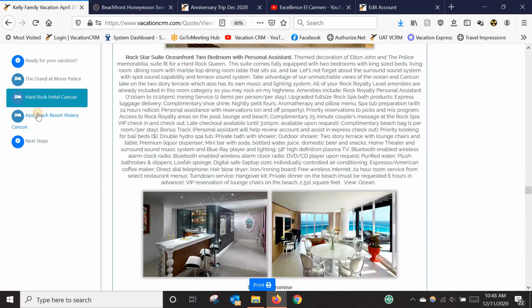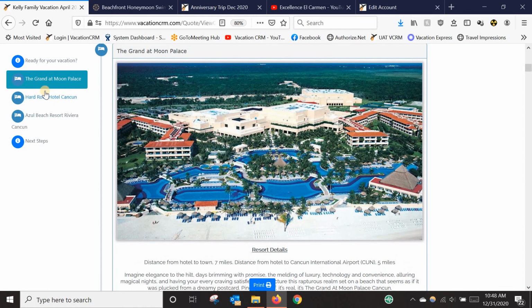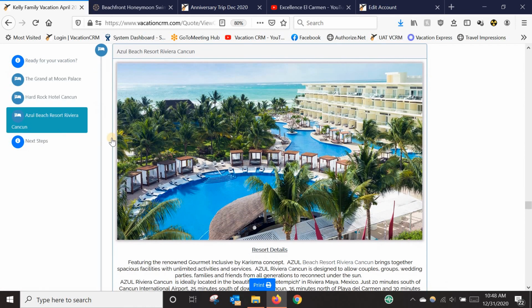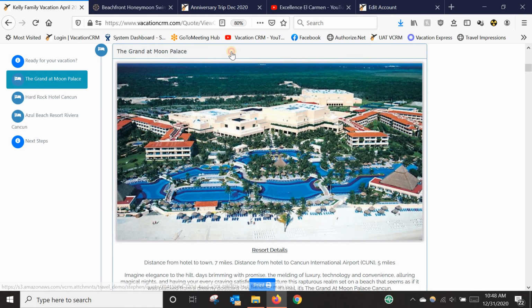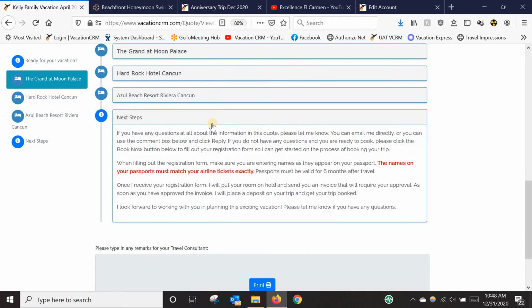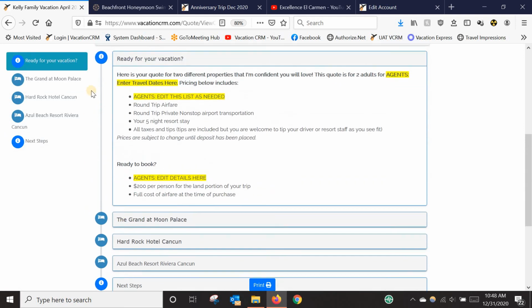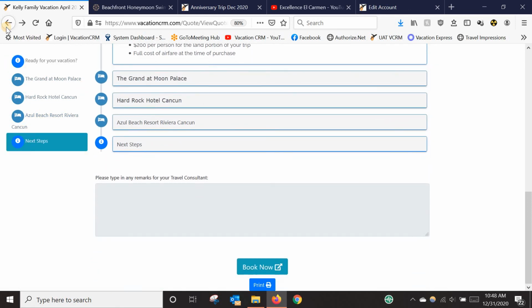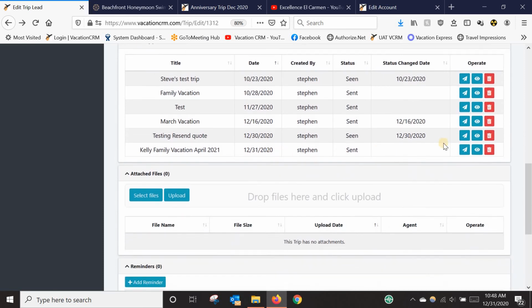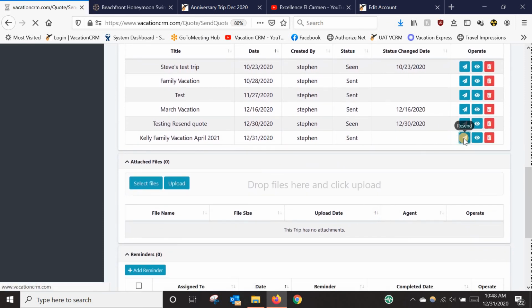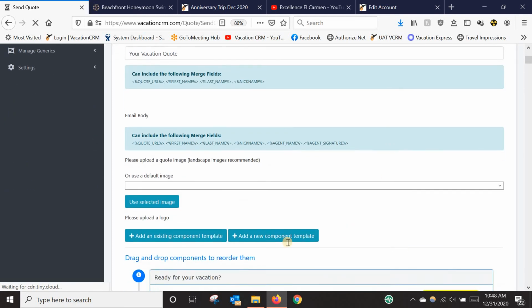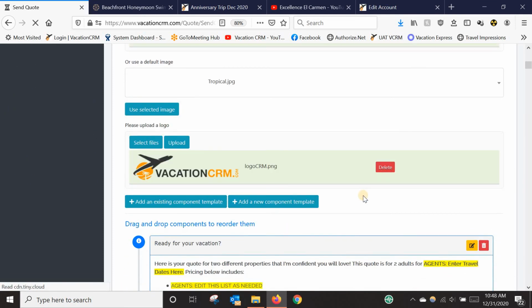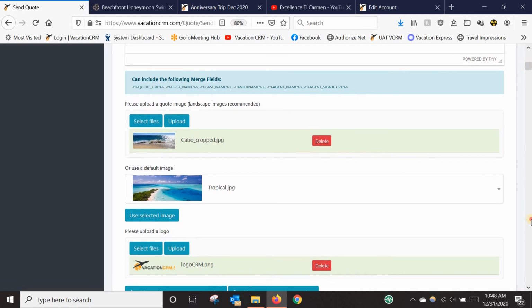And they can click here to go see specifically this resort if they were more excited about that. They can also click on here to minimize stuff to make it a little more manageable to scroll through. It's up to them. Now let's say you realized you forgot to do something on here, or forgot to put something in. What you can do is come in here and click resend, and then you can edit it